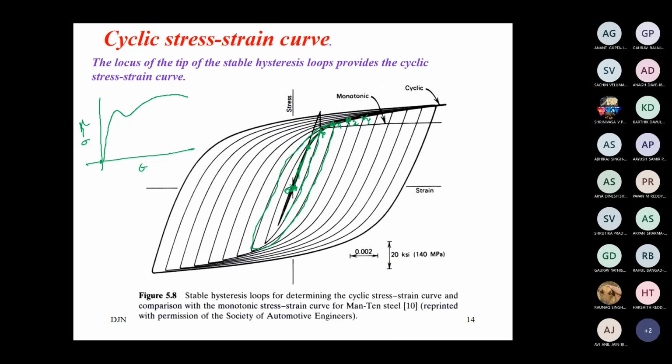You have to start from the beginning, from 0. Initially, take one specimen, load it till this level, point P. Take one more specimen, load it till some other point Q. Take one more specimen, load it till some other point X. Load it till some other point Y. Load it till some other point Z. Okay. Every time you load till there, release and unload, load it in the opposite direction, compression side direction, till you get this stabilized hysteresis loop.